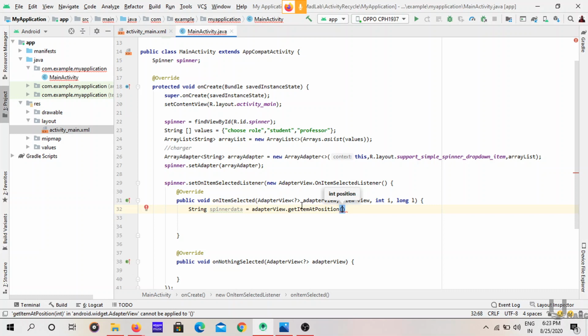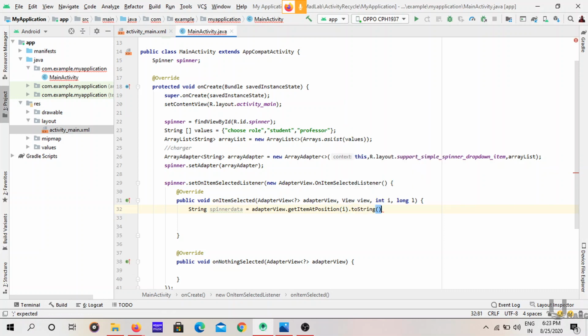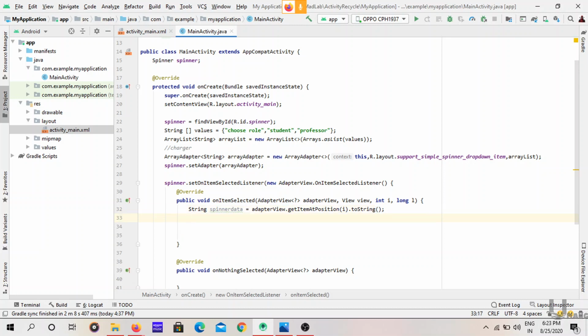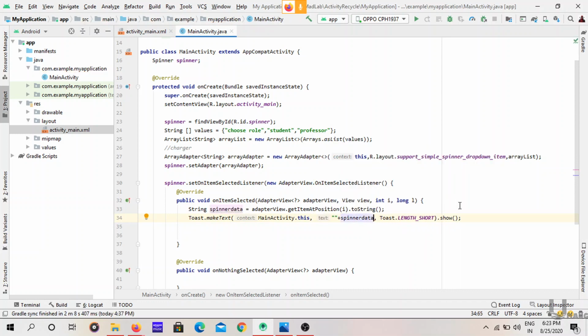How can I get the index of that position? Through i. Then I convert this toString. In this way we can get the data, and we can display this data using a toast plus spinnerData. In this way we can show the data to the user.